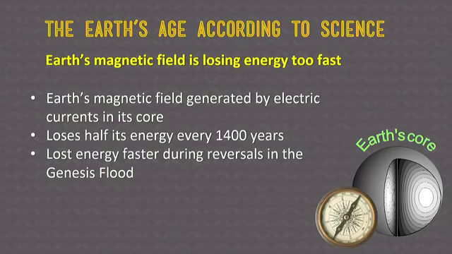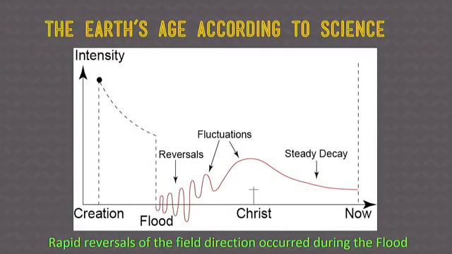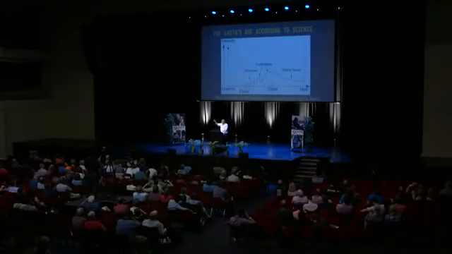We've also discovered there were reversals during the time of the flood. And those reversals will again decrease the stored energy in the Earth's magnetic field. So here are the historical measurements that confirm this: over the last 200 years, real-time measurements all around the globe indicate that the energy of the Earth's magnetic field has decreased. And we can look even further back at the magnetic field recorded in pottery that had magnetic particles baked into the clay, which will give you an idea of the strength in the past and the fluctuations when the Earth's magnetic field changed as a result of the way the currents moved inside the Earth